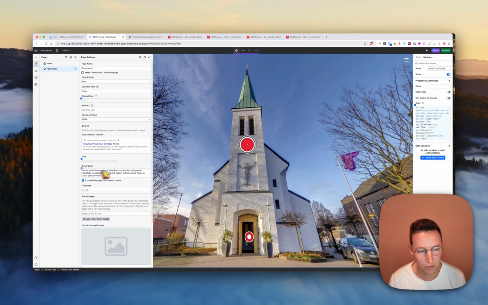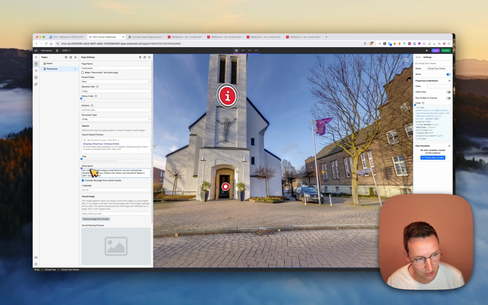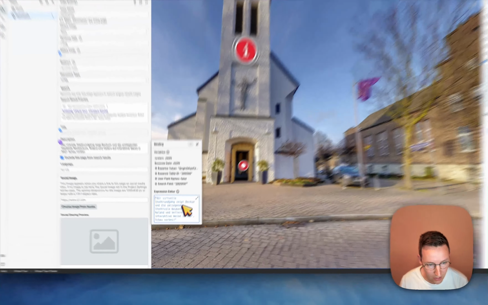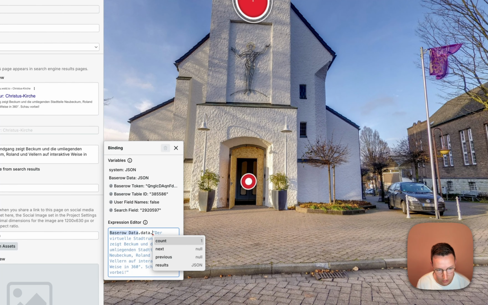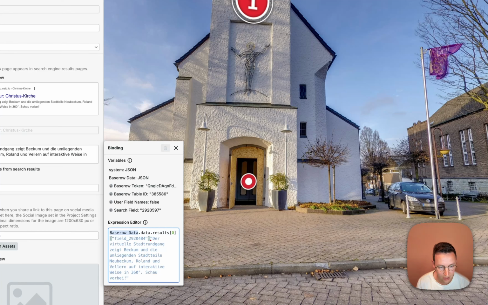But I would recommend to always have some dynamic stuff in there, because what I've read about search engines is they like dynamic meta descriptions. So we can go over here, Baserow data dot results dot 0 dot, and then name is available in der virtuele